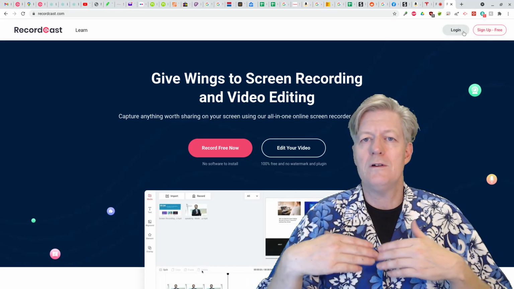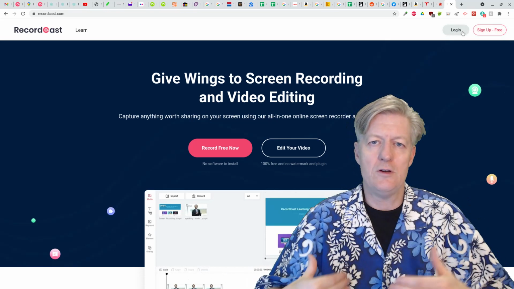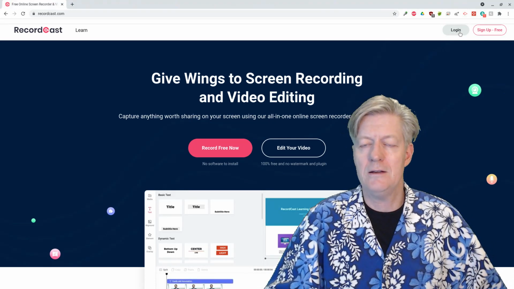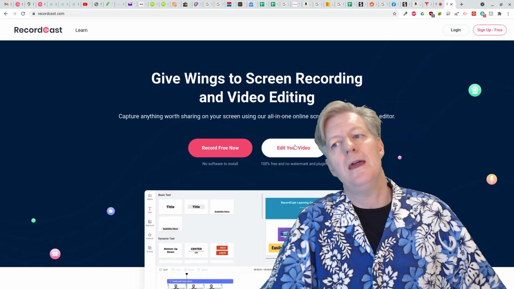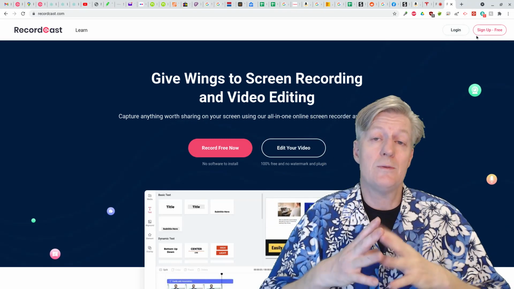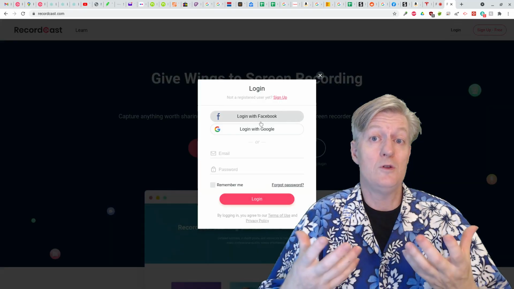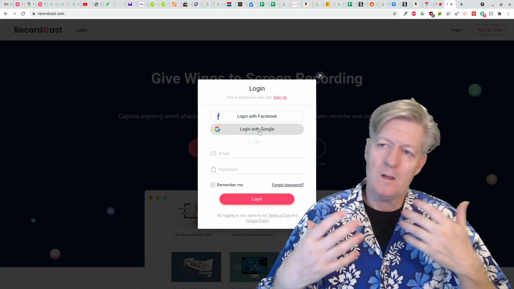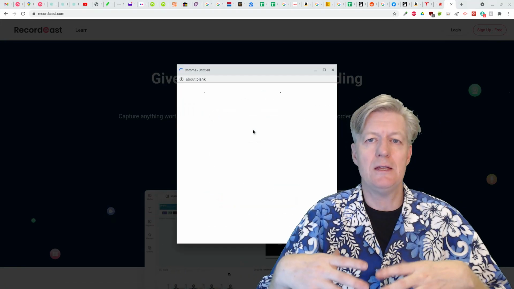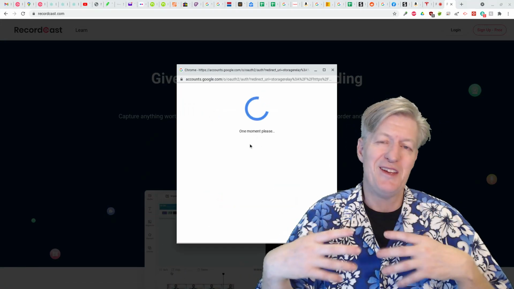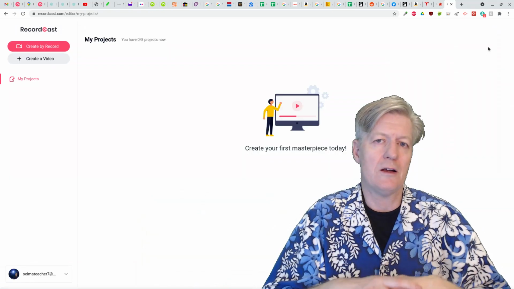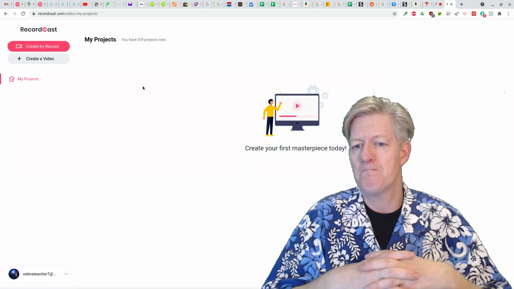But if you want to go back to previously used projects or create multiple projects, then you do want to log in. It is free, no cost, and so if you click on login at the very top there, it gives you the option, do you want to log in with your Google account or your Gmail. So go ahead and choose that, and that means that you'll be logging in. You don't have to use or remember a username. You don't have to remember a password or anything. It's pretty much automatic for that device.